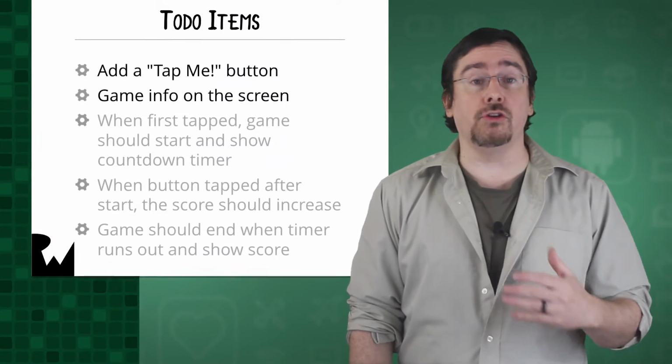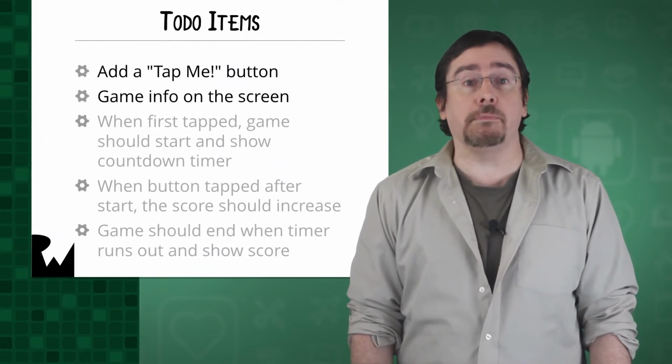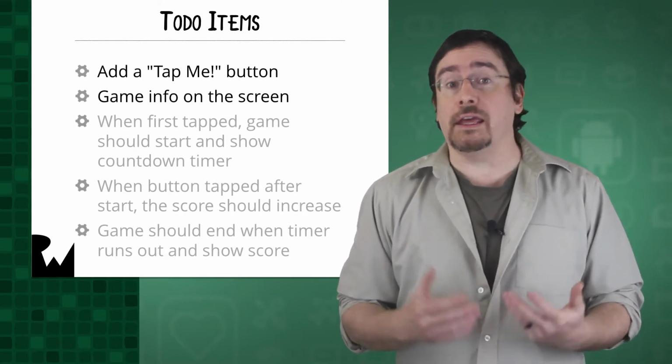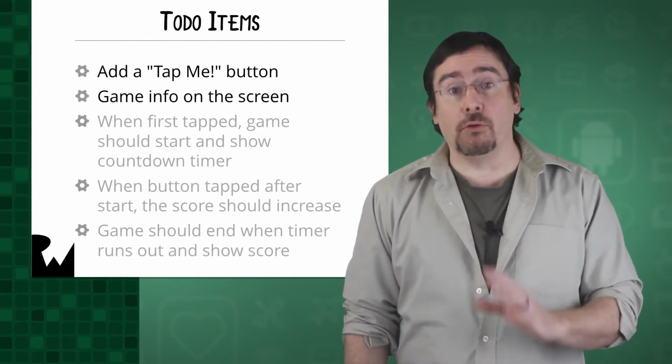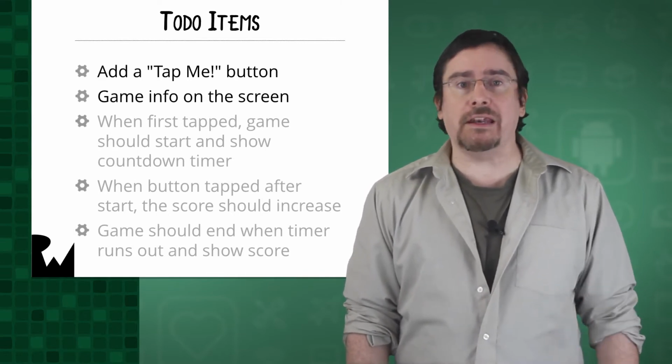You have created and run your starter project, and you have created a to-do list of items needed to make TimeFighter a reality. So let's start working through the to-do list. The first two items in the list are these. You want to add a Tap Me button to the screen. You also want to put game info on the screen, such as what the current score is and if there's any time left. Both of these items are to add UI elements to TimeFighter, and that is always a good